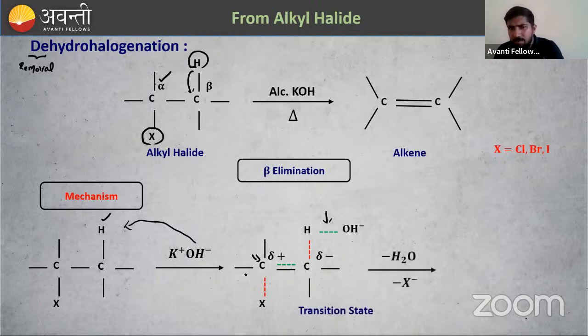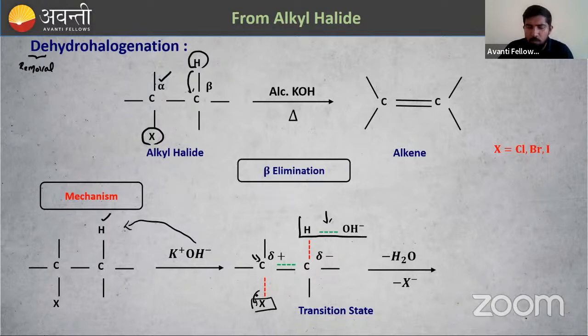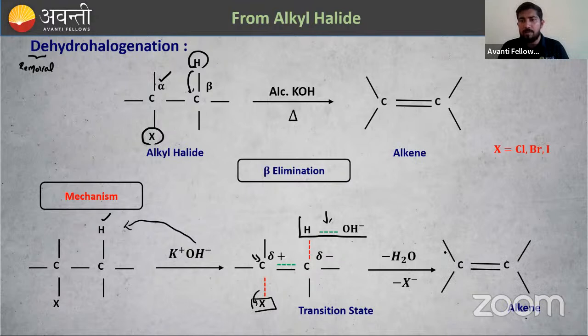In the next step, what is happening? We can remove the water. What about halogen? This halogen, that is X minus, takes all the electrons from the bond and leaves. It is saying tata bye bye to our carbon. So X minus is formed and water is eliminated, right? Then what is formed? A double bond is formed between carbon and carbon. So that is our alkene. Then our K plus is waiting here. If needed, this K plus and X minus can combine together. They can make a new friendship. That is also possible. So this is the mechanism.